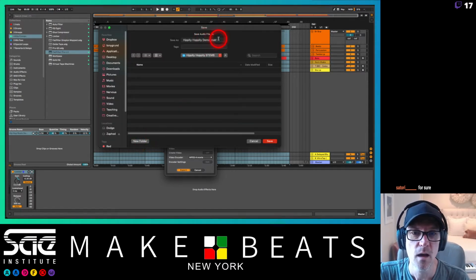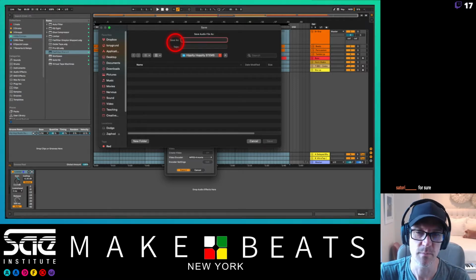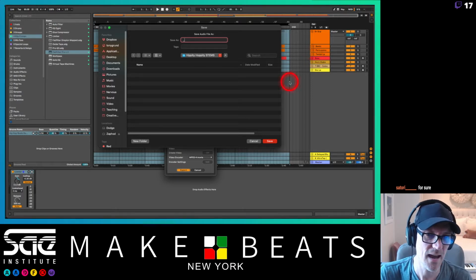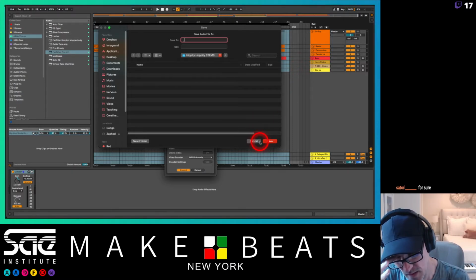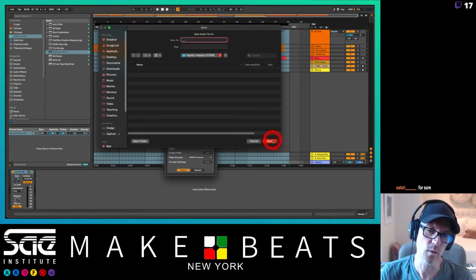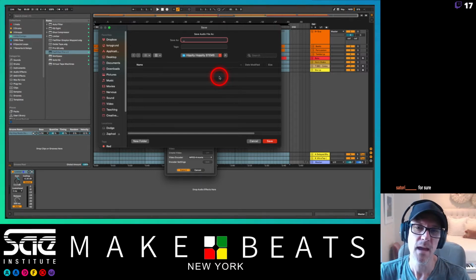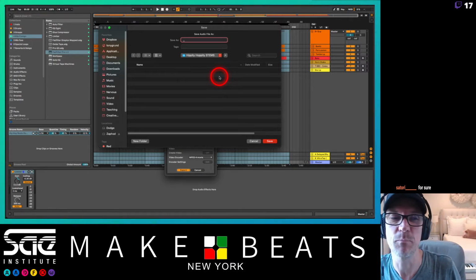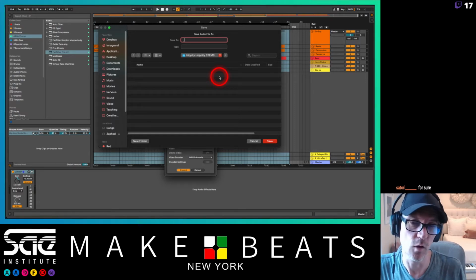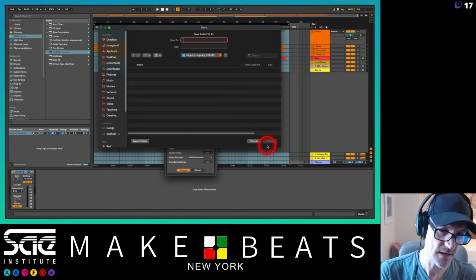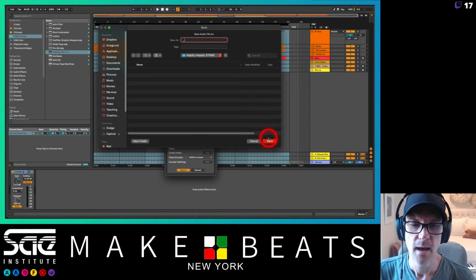Now with this one here, we don't necessarily need to have anything on the beginning here. I can put a little underscore here like this. I don't have the numbers on the beginning here, which we might want to add. Actually, before we do the stems, it might be better to have the numbers on here. The numbers will help them come into the right order. Let's just do this real quick. I'm going to put an underscore here just so it knows that it can save things properly, because if you have a space or blankness, the Mac OS sees that blank as a system file, so it won't let you actually do anything with it. And so it doesn't even allow me to save it, right? So I'm going to put an underscore here. And now if I hit go,